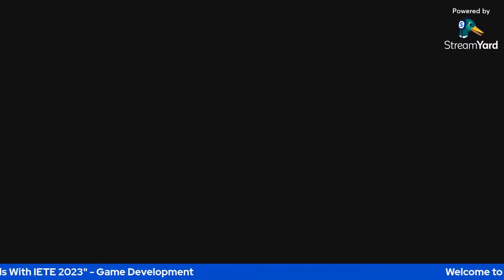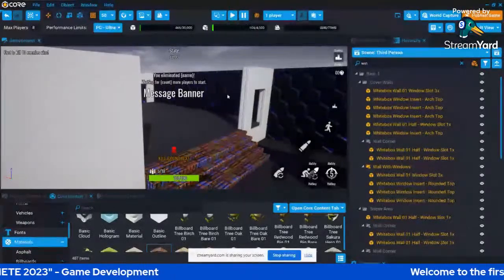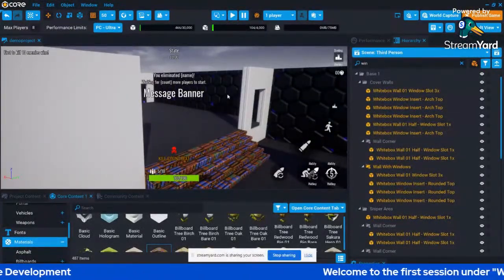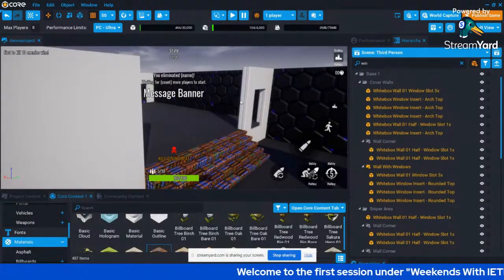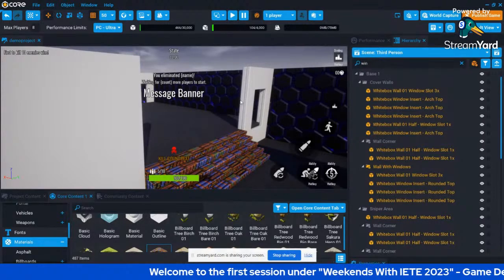Now the screen is not visible. Yes, I know that. I'm just sharing my entire screen so that you guys can see my window, because you're unable to see my preview mode, I guess. Now you will be able to see my preview mode. Yeah, now it is visible. Okay, great.